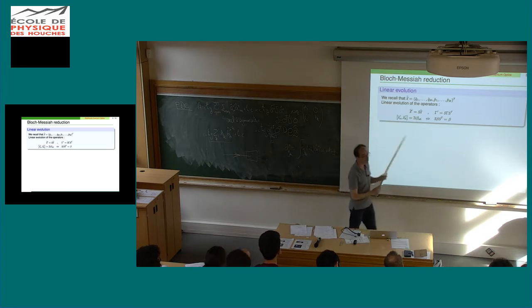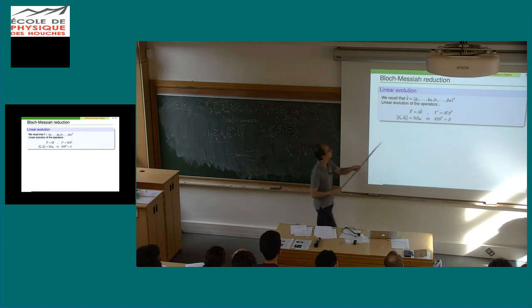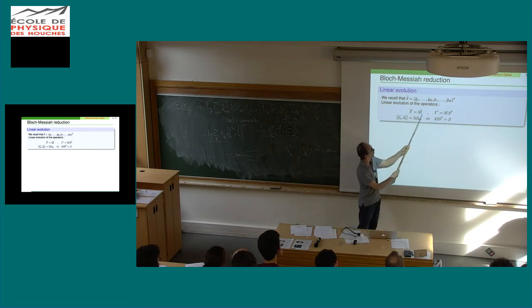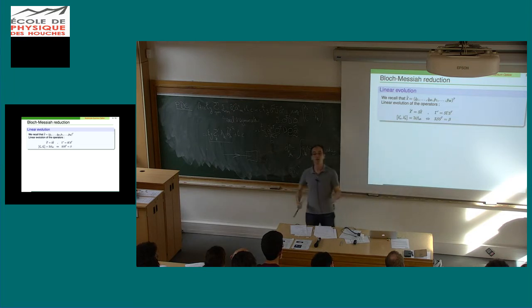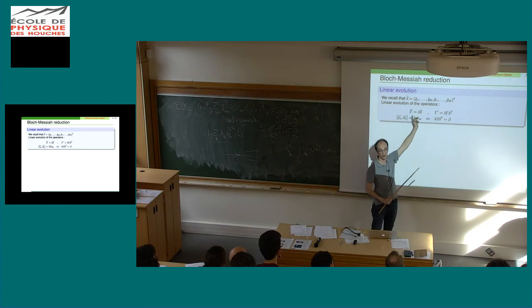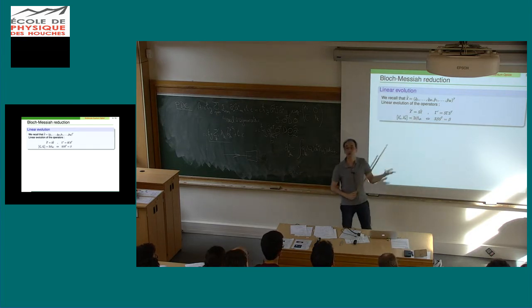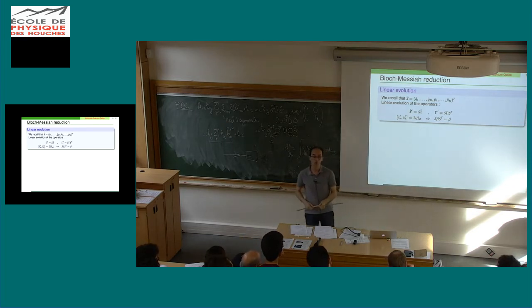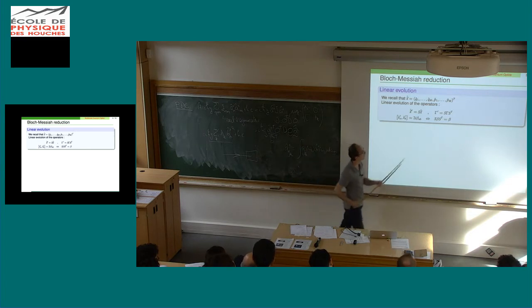So what is interesting is to look at all possible linear evolutions of your field. This is something which is quite well defined. You take your quadrature operators, you apply a matrix, you get new quadrature operators. That's a linear evolution. What I want to see is what all these possible linear operations are. The only constraint I have is that the commutation relation after my linear evolution is the same as before. That's a kind of easy constraint.